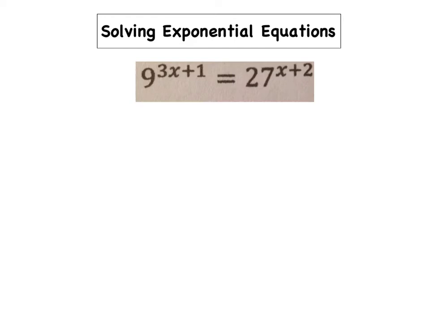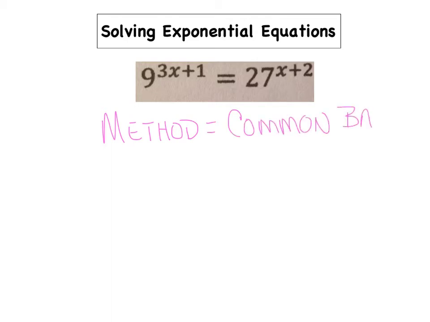So our first question was actually our highest success rate. We demonstrated greater mastery of this question than any of the others, and the title I gave this question was Solving an Exponential Equation. And the reason it's exponential is because of where the variable is located, and we used a particular method. Which method did we use? Because there's two methods. This was the method of common bases, and we used a base of 3 for each